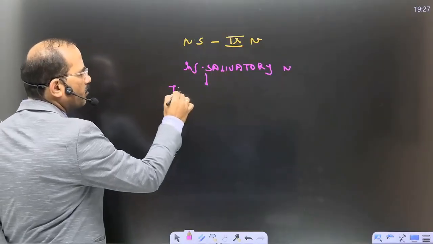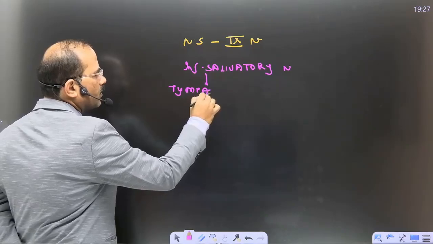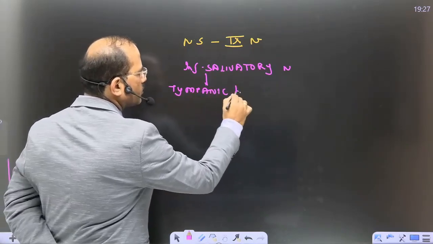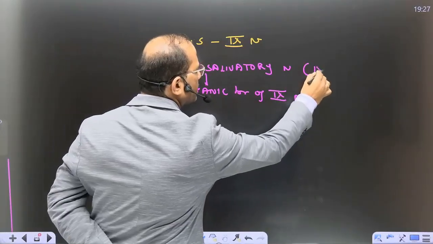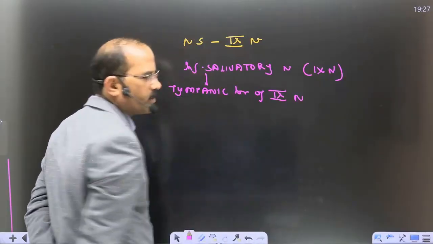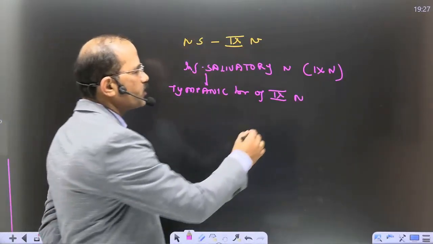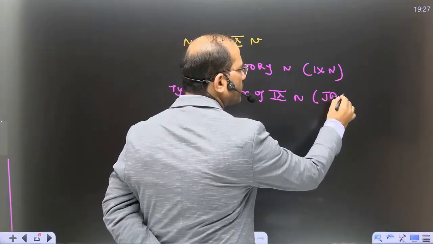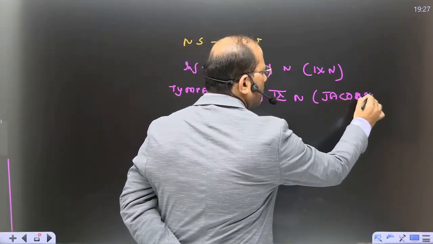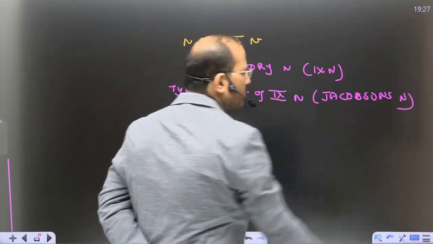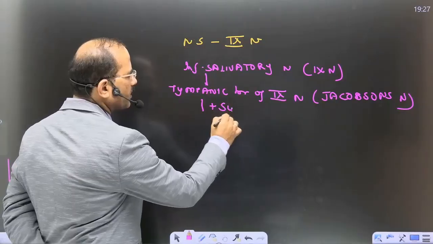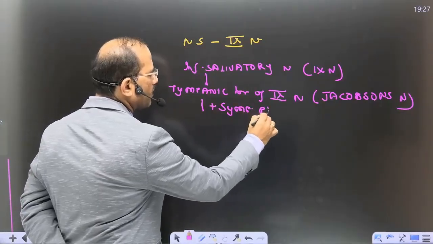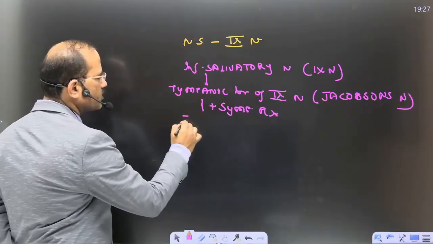We get the tympanic branch. Tympanic branch of glossopharyngeal nerve. So inferior salivatory nucleus is the nucleus of glossopharyngeal nerve. What is the tympanic branch of glossopharyngeal nerve known as? Jacobson's nerve. It joins with the sympathetic plexus and forms what? It forms a tympanic